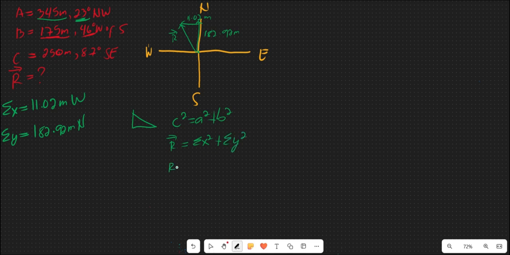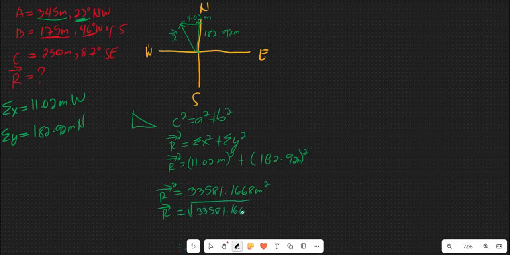We have now the equation: resultant vector squared is equal to 11.02 meters squared plus 182.92 meters squared. That will give us the value of the resultant vector squared, which is 33,581.1668 meters squared. To find the magnitude of the resultant vector, let's get its square root, and we have now